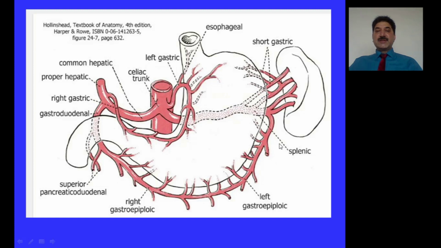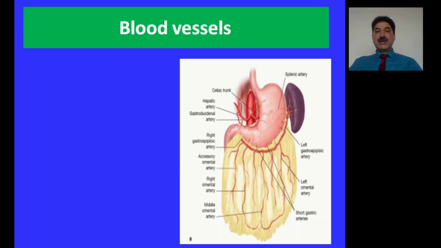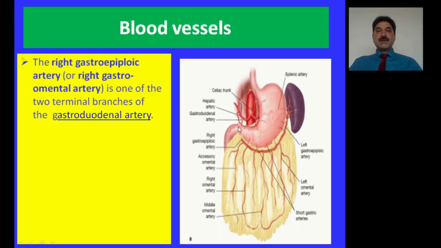As shown in this figure, the arteries which are present in the greater omentum are derived from branches of the celiac trunk. The vessels include omental arteries. These omental arteries arise from the right and left gastroepiploic arteries. Left gastroepiploic artery is a branch of the splenic artery, and right gastroepiploic artery is a branch of the gastroduodenal artery. The arteries which are present in the greater omentum are called omental arteries.